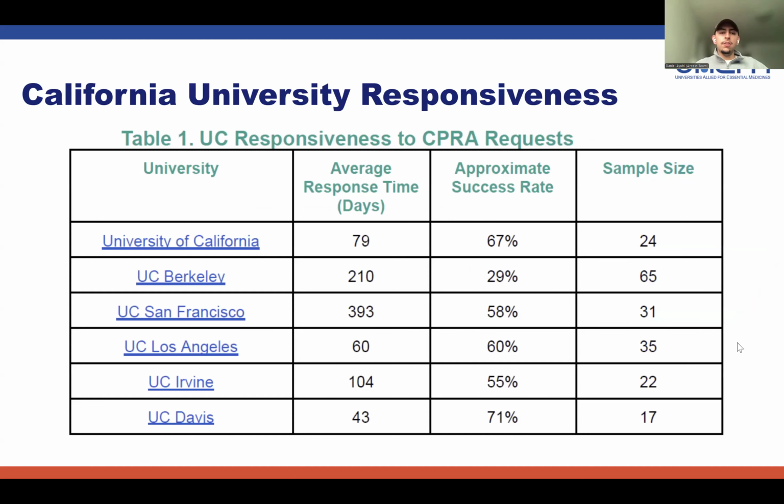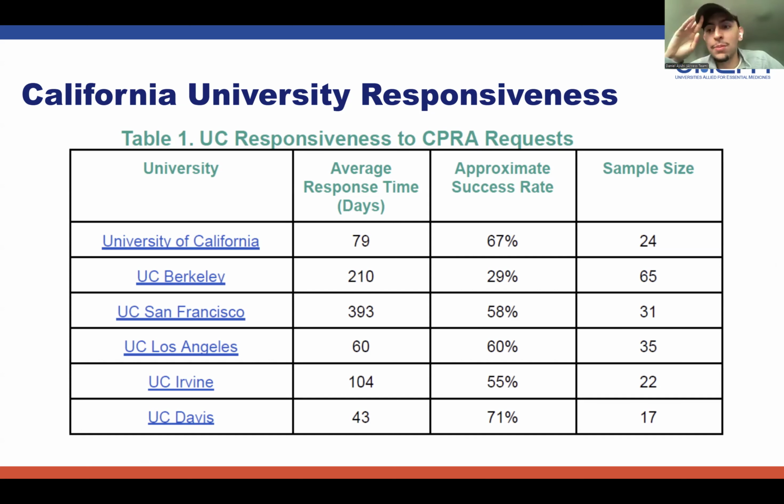And now this is just a chart that shows how responsive some UCs are with the CPRA request. This is straight from the Georgetown white paper. As you can see, the UCs are not the greatest at responding. They take very long. The average response time ranges anywhere from 43 to 393 days, which is crazy considering that,